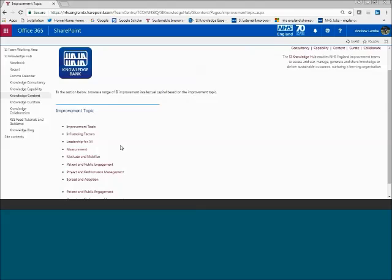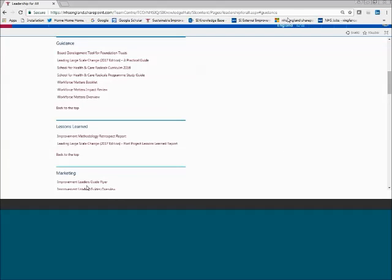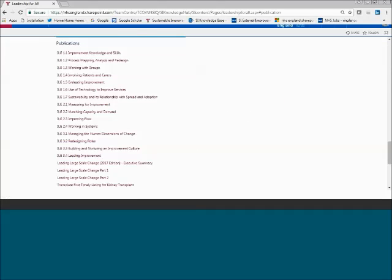So here we categorize our content by one of the 8 values of the NHS change model. And the content here is typically a publication, guidance, or a tool. So let's look at leadership for all. And if we select guidance, once again, we can find the 2017 Leading Large Scale Change guidance document. But what we also get are all the other content that's classified as guidance for this topic of leadership for all. So if we go back to the top and click on publications,